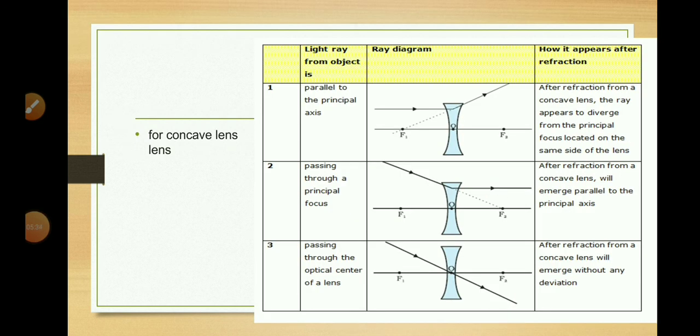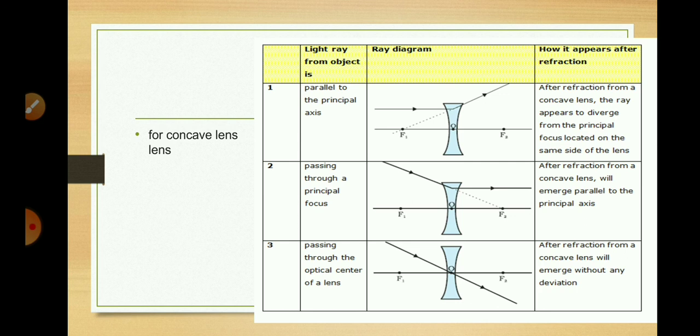Now we will learn about concave lens. Concave lens is a diverging lens. For image formation, we need to draw the concave lens accurately, similar to the convex lens. That is, draw a line representing the principal axis, mark the points O, F1, 2F1, F2 and 2F2 at the same distance on the principal axis. Then roughly sketch the lens, or use a compass to draw two arcs for the surfaces of the lens. Again, you have to remember that the lens should be thin, it should not be a thick lens.